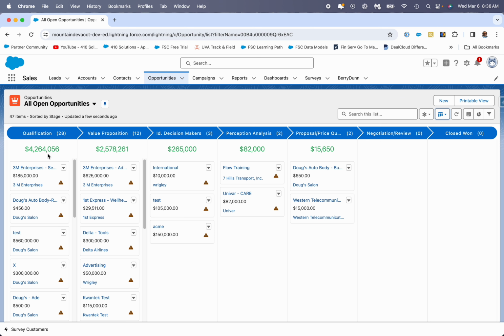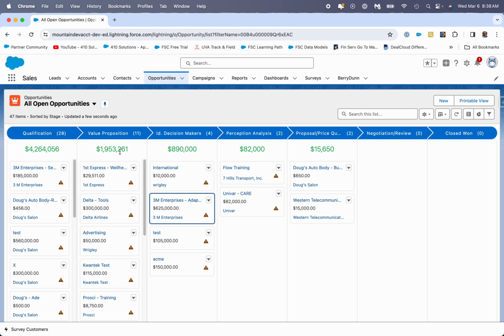And it totals the amount by stage at the top. So if I were to drag this one for $625,000 and move it over here, these numbers are going to update. So let me just drag it and drop it. And now you can see that all these numbers have been updated. So this is a way in which you can update your stages and look at opportunities a little bit differently than your traditional Excel spreadsheet.